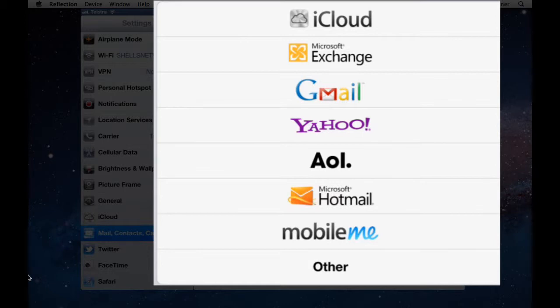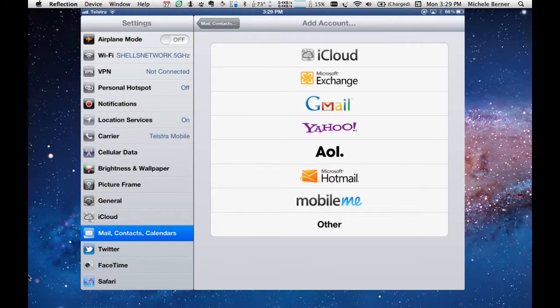In the Add Account area, you'll find that you have a number of options, including Microsoft Exchange, iCloud, Gmail, Yahoo, Hotmail, AOL, and Other. The one you choose depends on the kind of email account you have. If you have an iCloud, Gmail, Yahoo Mail, Hotmail, or AOL account, setting up that account is very easy. Just tap the appropriate entry, and in the sheet that appears, enter your name, email address, password for that email